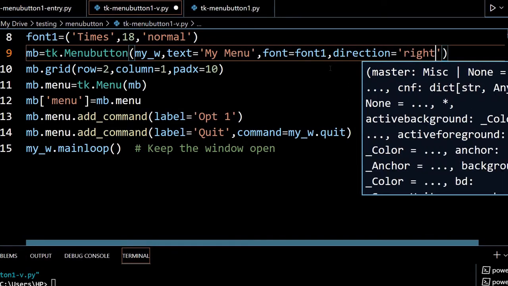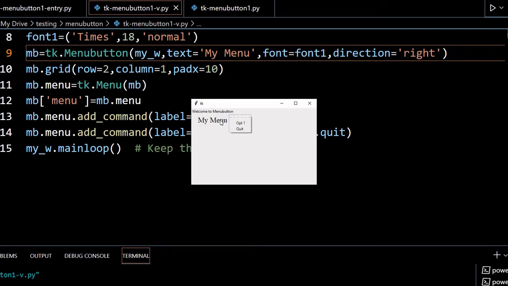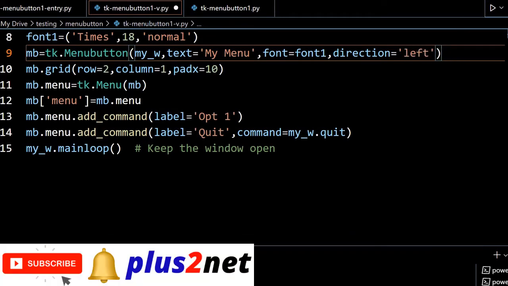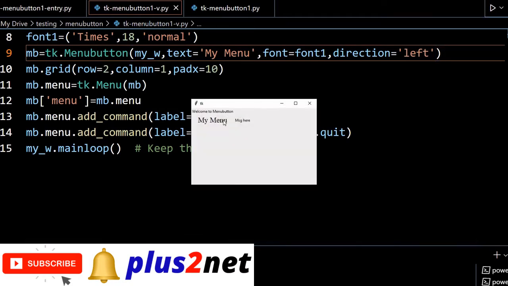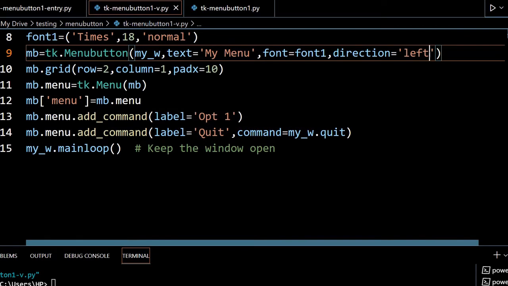Now let's say right. What does this right mean? But don't use top. Top is not there in this. So when I am selecting it, it opens to the right of it. I can open it in the right. I can change it to left also. When I click this menu, you can see it is left. Here it is. To the left of it, it will open. What is this dotted line? This line is called tear off, and that purpose we have already seen in the demo. We have seen it in our menu tutorial. You can take that menu out from there. We'll see in one example. So left.